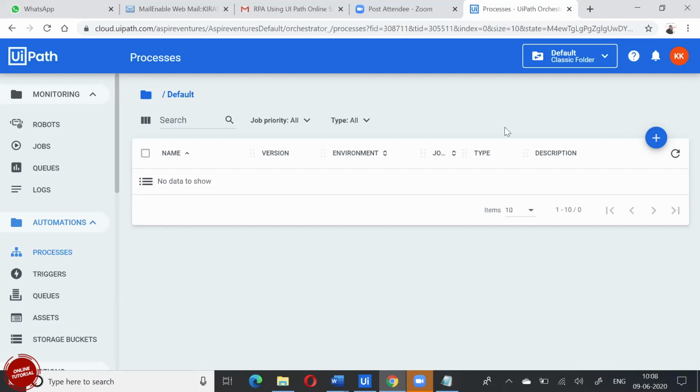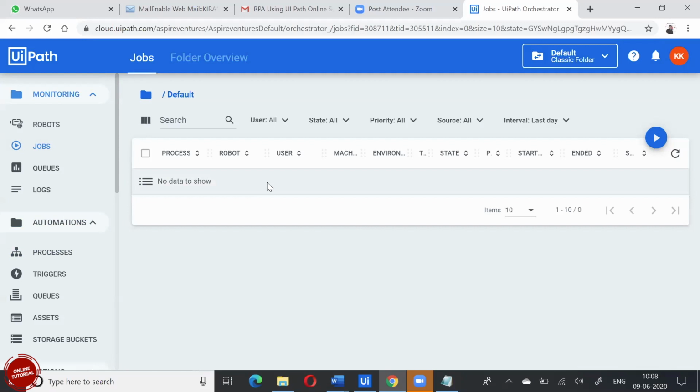And again, in this also, if you go to your jobs, it will show you here who was the user who executed your transaction, which machine it got executed on, what's the current state, when it started, when it ended, what was the duration, and should there be any error, what was the error. Every detail is given here, which nobody can edit.